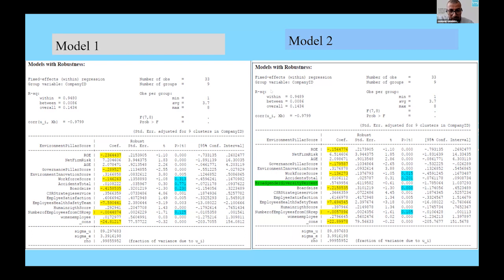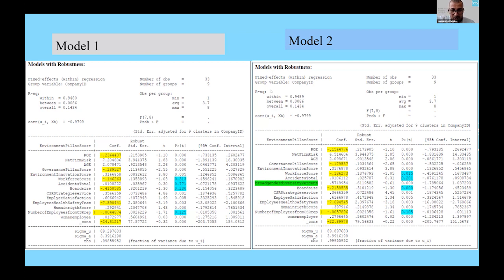But we can see also the constant is negative 24, and when we added the board gender diversity, the constant will be 22.89. But we can see also the impact on the